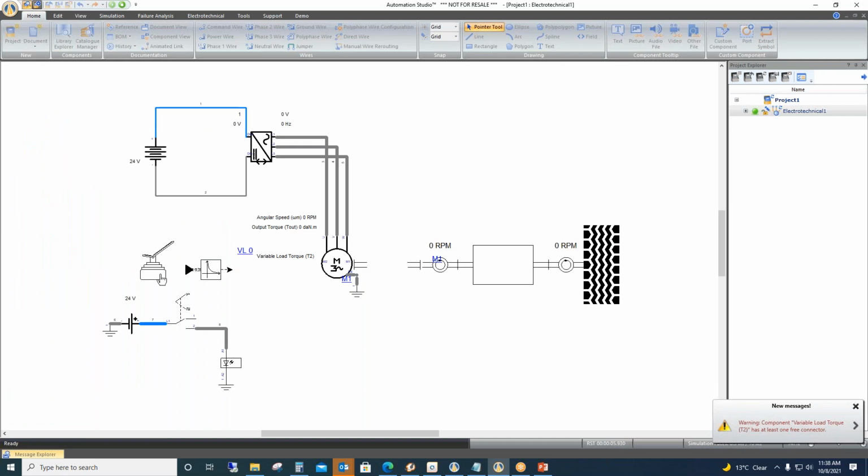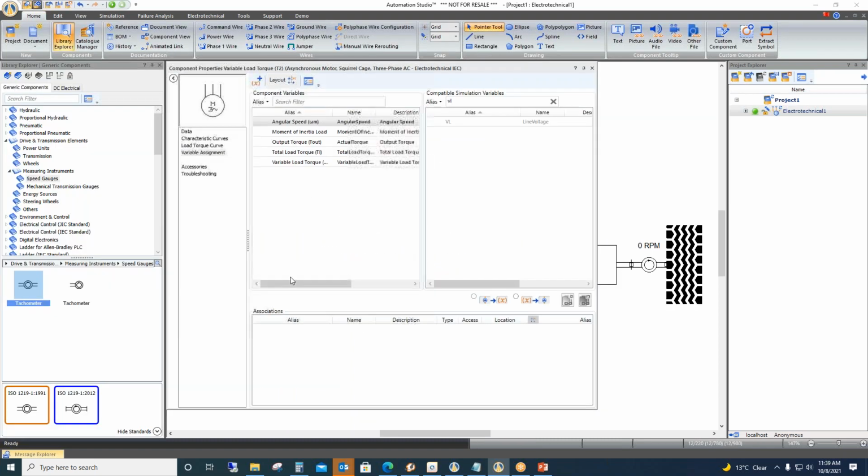For example, as I'm changing the frequency of this component by using this pedal, the load torque of this motor can be adjusted in three ways. It can be adjusted by the curve, as Sarang said. You can adjust the load torque curve of this motor. The second thing is you can take a pedal and link it to the variable of this load torque curve, and during the simulation you can vary it. For example, if I double click on this motor, you have the variable load torque curve here.